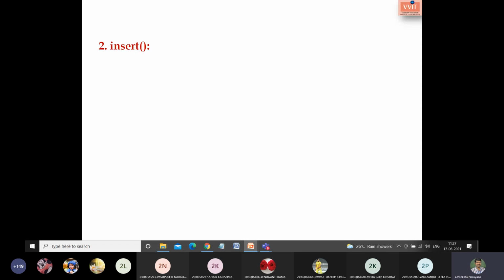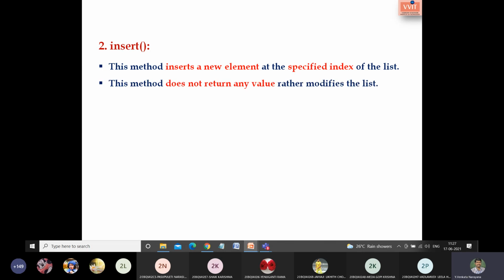So what is the insert method? It adds a specified element at a specified position. At the specified index position, we are supposed to insert an element. This method does not return any value. It just modifies the list.